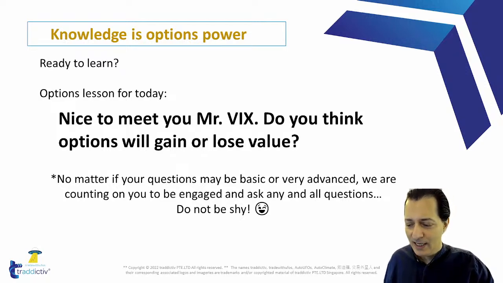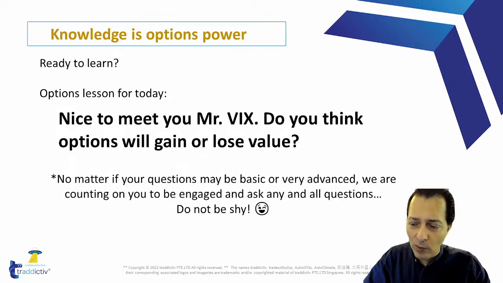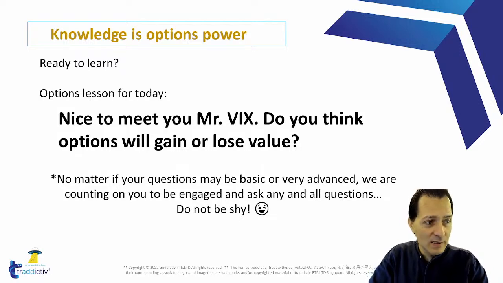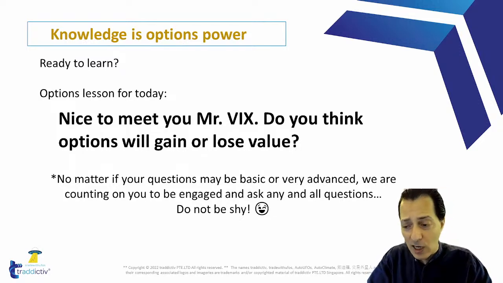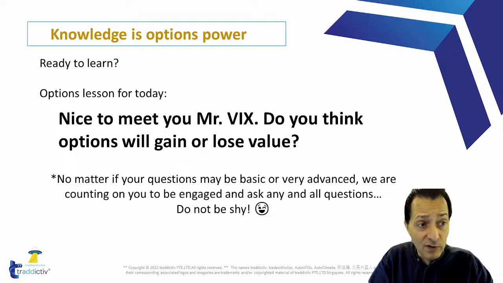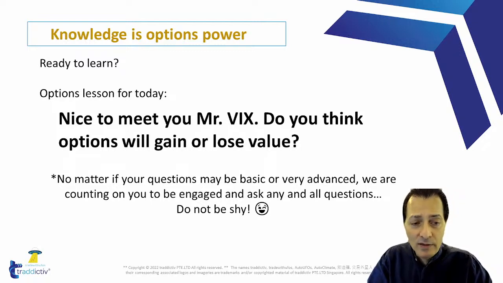Okay, and if you recall last week when we went over our lesson, and if you missed it, all of those lessons are recorded. So go catch up either with the Tiger Broker apps or with the YouTube channel. So watch it, because it was a very relevant lesson, a lesson on implied volatilities. So we know that options change value based on things other than the price of the underlying asset, right? Of course, the price of the stock, the price of the underlying asset, indeed impacts the price of the options contracts, calls and puts. But there are things other than that that also impact the price of the options,